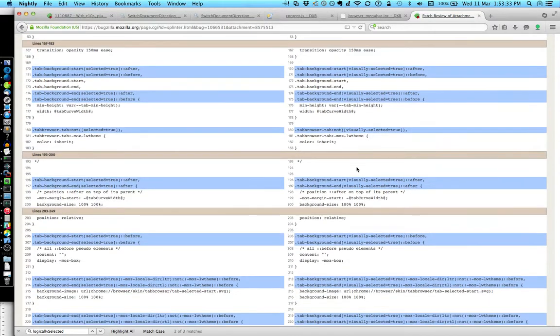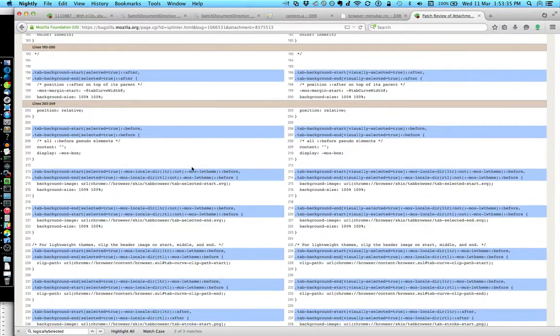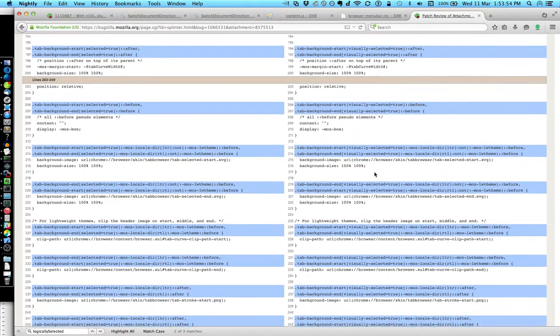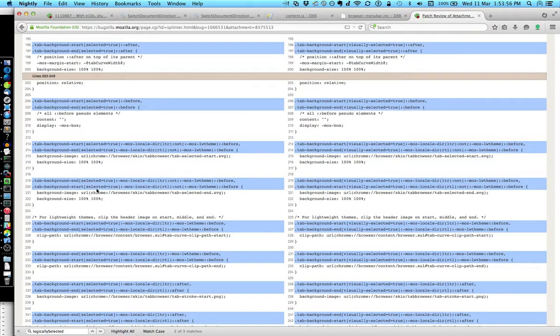So this all looks fine. He's just replacing, like I said, selected with visually selected everywhere we go. This is the sort of patch that's like this type of change, a sort of a mass rename or a mass change. It's easy for little things to slip by because my eyes kind of glaze over. And so you kind of have to be really extra vigilant if you can be, because this is how defects